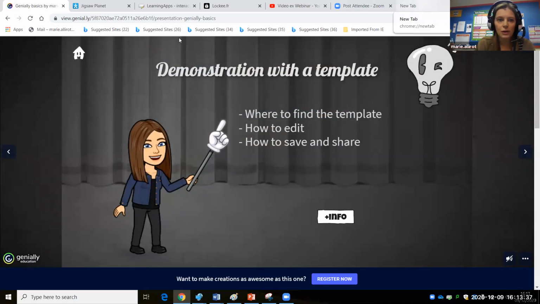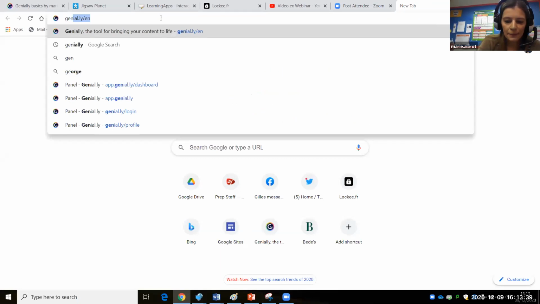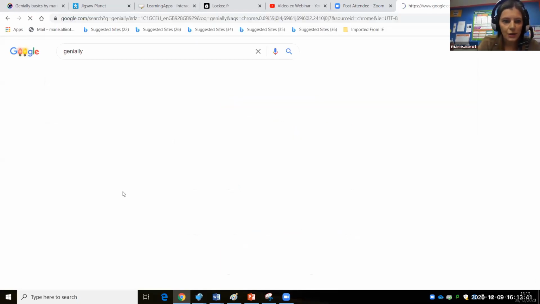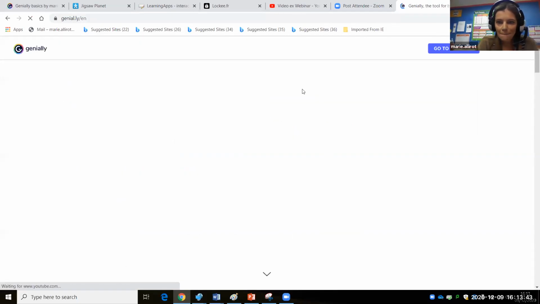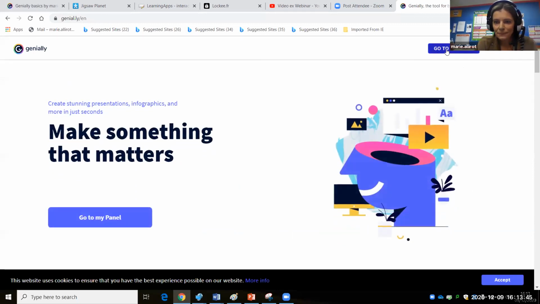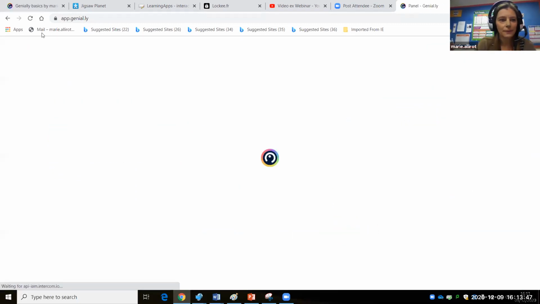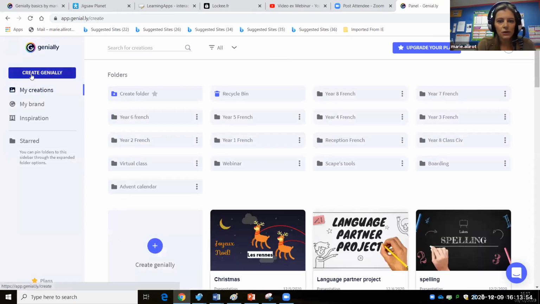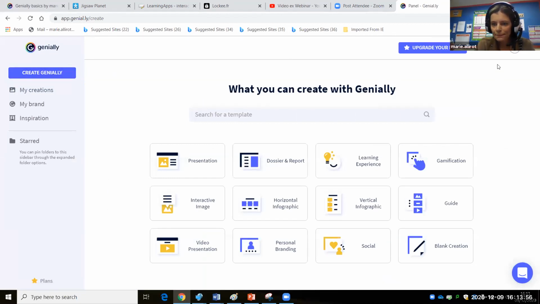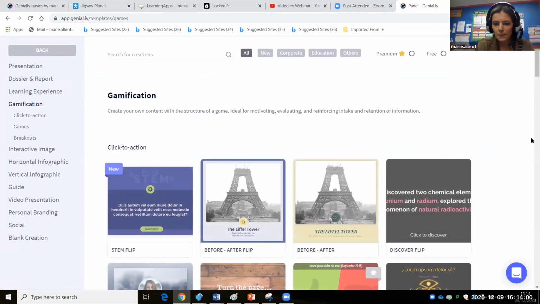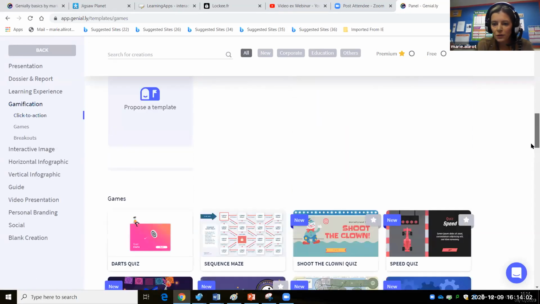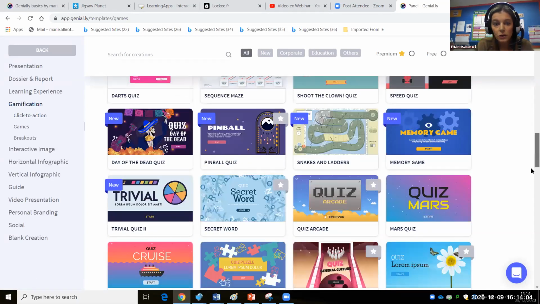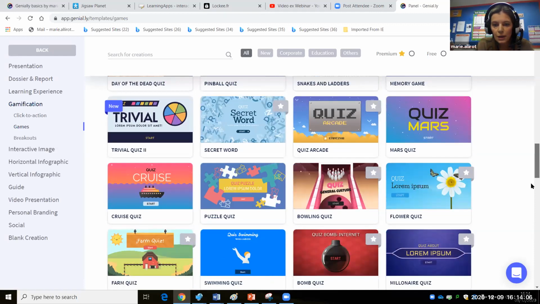So I'm going to start with the template. Obviously you need to have a Genially account. So if I go to my panel, and go to create Genially, gamification, there's lots of games here as well that you can use and edit.